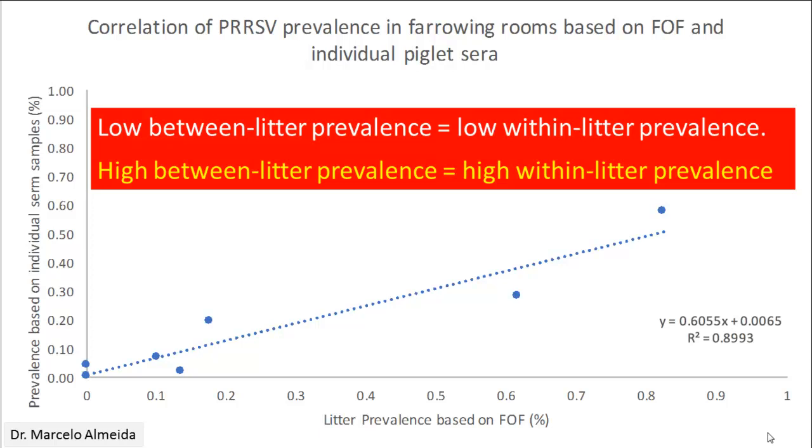He repeated that with some farms at low prevalence. I'm going to show results in a little bit. And he found that, when he created this correlation of within and between litter prevalence, in situations with low between litter prevalence, you also have low within litter prevalence, and same thing for high. Meaning that when the prevalence is low, you have just a few crates, 1 or 2 crates that are positive, and within that crate, maybe just 1 or 2 pigs that are positive. So it's really hard to detect that, monitor that using individual pig sample or even